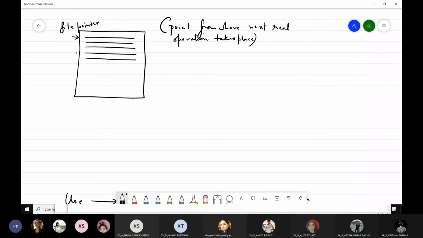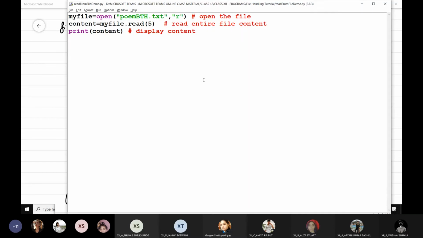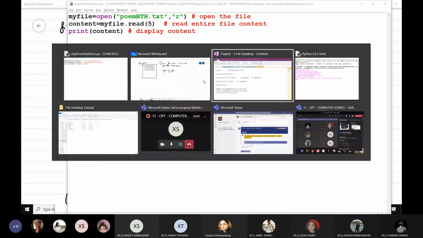Got it? So it is going to read byte by byte. The file pointer proceeds byte by byte. Okay, 1 byte equals 8 bits. So we are not going to consider bits here, we are going to consider bytes, right? So it is going to read a number of bytes and then stop over there, which marks the starting point to start reading the next byte. So I'm going to copy the content of this file, and this way I'll be able to explain it.